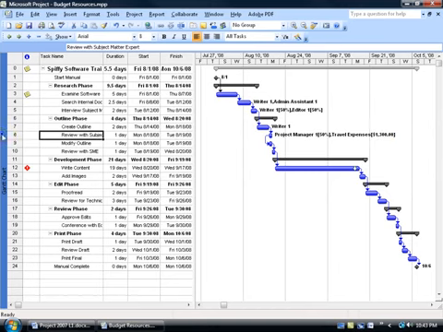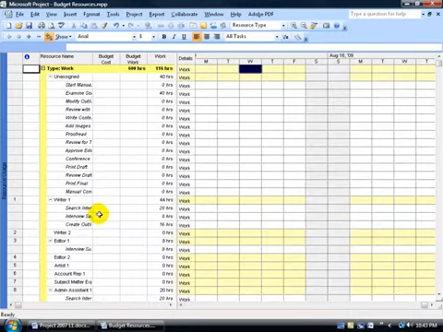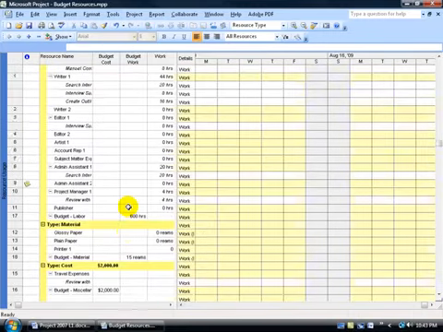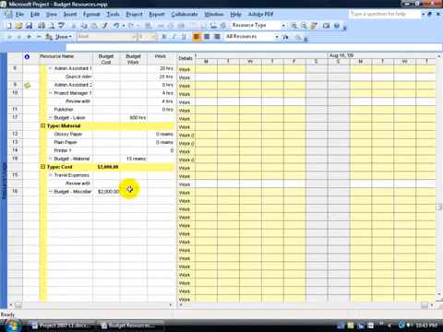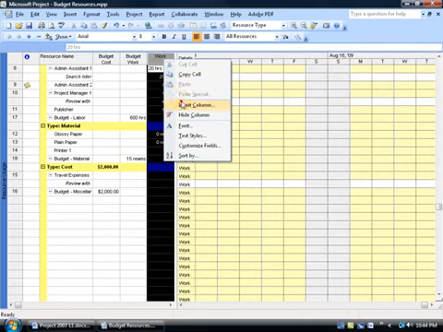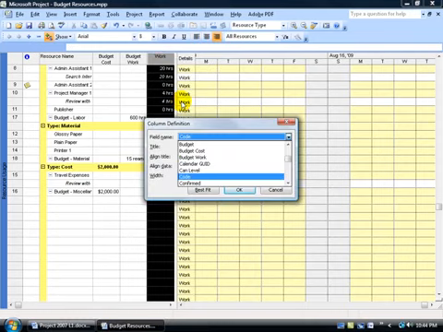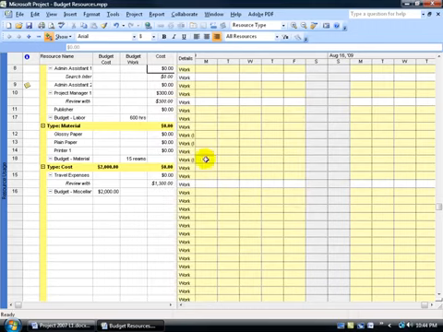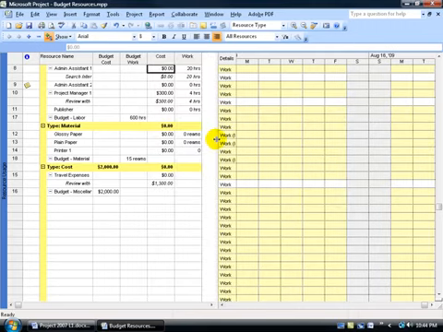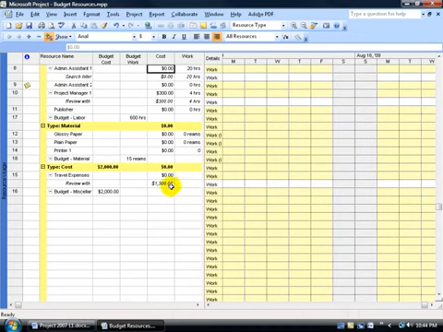Well, when I right click and go back to the resource usage view, again it scrolls all around. If I scroll down, how come I don't see that money here? We got to insert that cost field. So I'm going to go ahead and right click on work, go down to insert column, type in CO for cost, and then just scroll down just a little ways, select it, click OK, click and drag the split bar over, double click to snap it back, and there it is. So we have $1,300 as the cost, the travel expense for review of subject matter expert, our budget's $2,000, we're